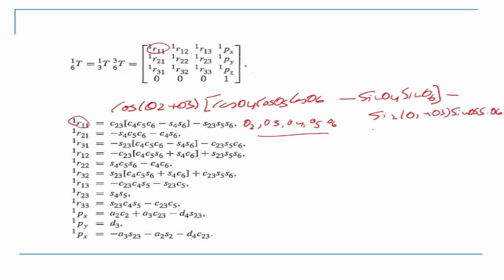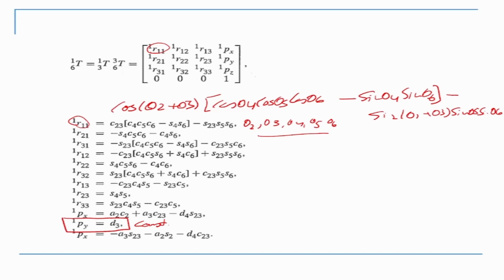Now if you look at this, each of the terms contains sine and cos except this one here. That is something to note. Except that term, which doesn't contain any sine or cos, and d3 is a constant, right? It's a distance. So this is a constant. It's the offset distance.